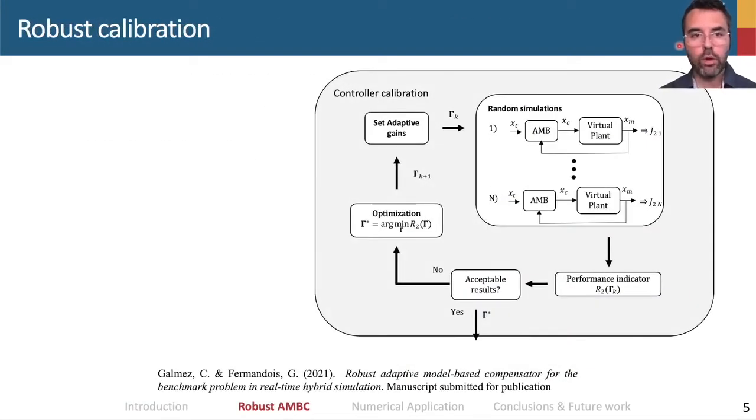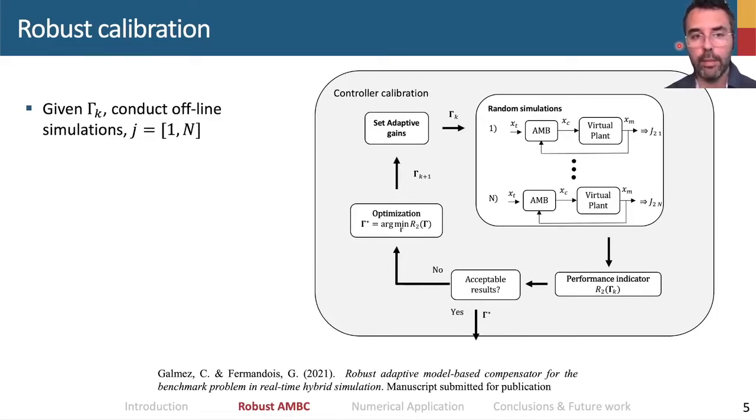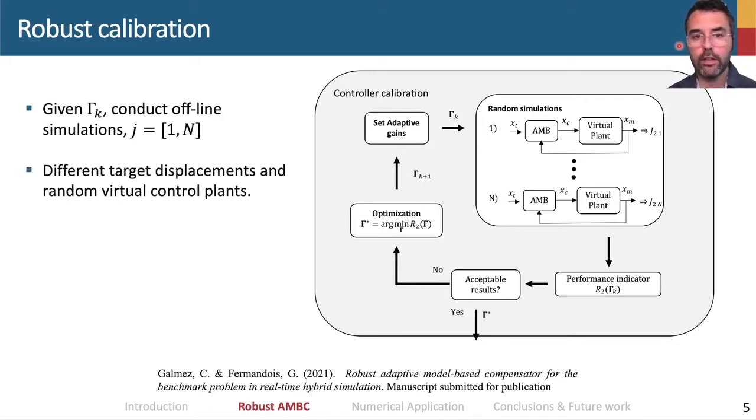In this study, we propose robust calibration for adaptive model-based compensation. The idea is the following. We start with a given value of the adaptive gains gamma, and we conduct offline simulations of virtual plants that do not have information whatsoever of the specimen interaction. We include different target displacements and randomness on the virtual control plants in order to collect the performance index J2